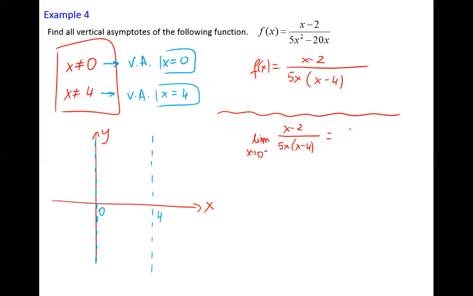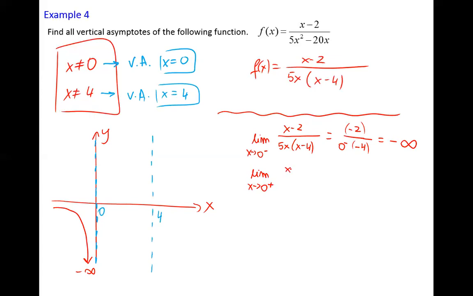That means 0 will give me negative 2, over 0, a little bit less than 0. That means 5 times 0 will give me 0 but negative, and a negative number minus 4 will also give me negative 4, a small number. That means I do have a number over a small number. I will have a big number, but let's investigate. Negative, negative, and negative. Multiplying 3 negatives, I'm still getting negative. That means the function is going down, negative infinity. Okay, and on the right hand side,